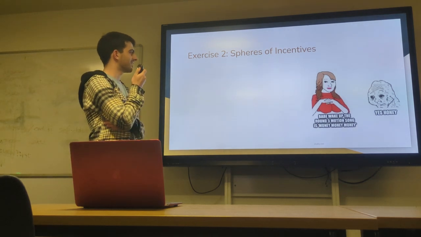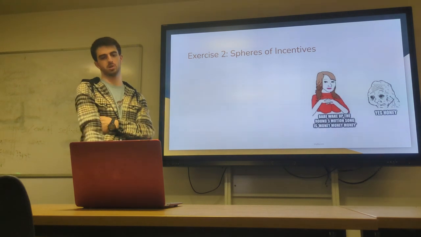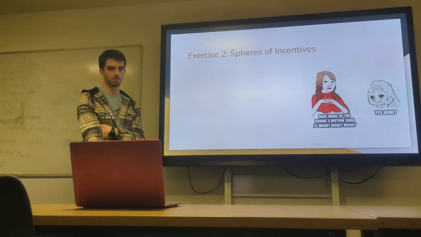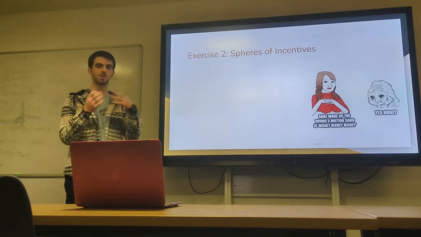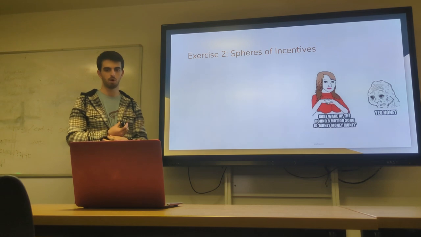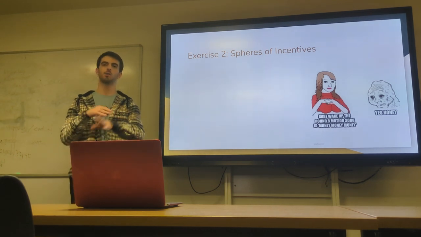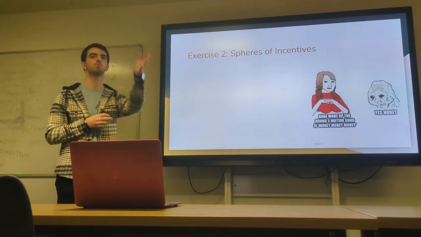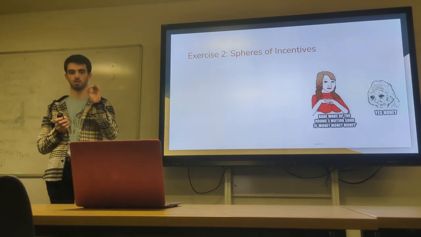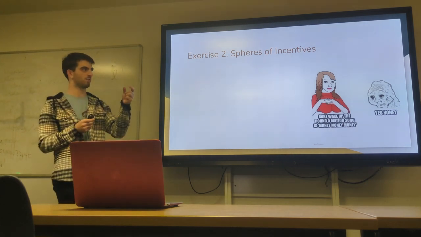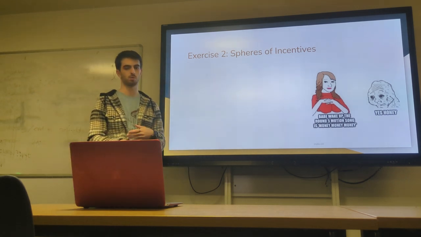So, what we're going to do now is, I'm going to give you a motion. I'll then split you into 4 groups and give each group one sphere of incentives. I want you to come up with one basic incentive that you're trying to cater towards on gov of this motion. I don't want you to bother with proving that incentive, just assume that you reach that impact. Don't prove it. What I want you to do is specifically focus on the most convincing way that you can give for your incentive over other incentives, and then we'll talk about which way works and which way doesn't work and see what we can learn from that.